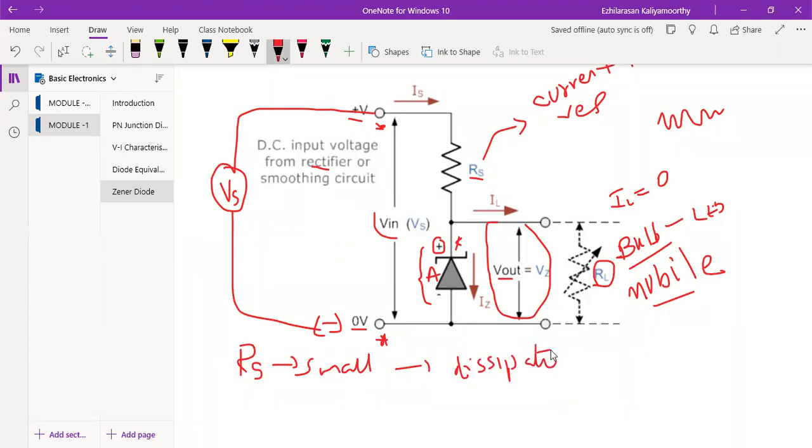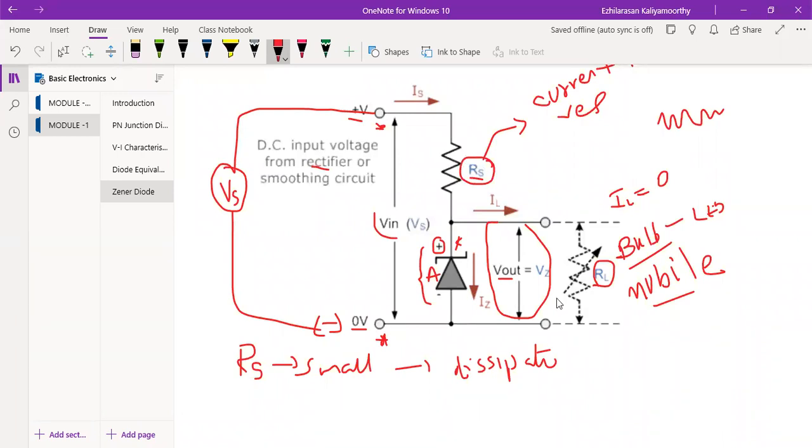So a small value of RS will give a greater diode current when the load resistor RL is connected and large, as this will increase the power dissipation requirement of the diode. So you need to be very careful in selecting the appropriate value of series resistance. If you take a very small value, then the diode current will be increased. If you take a larger value, then it can be reduced. So it is very, very important here.